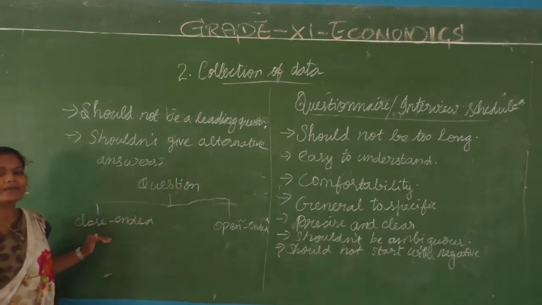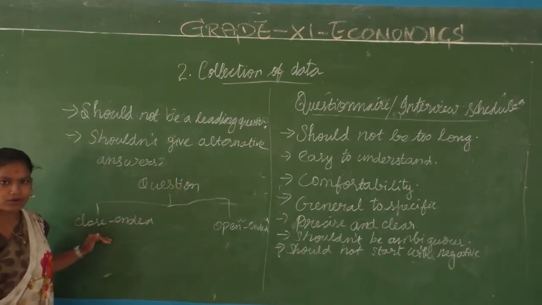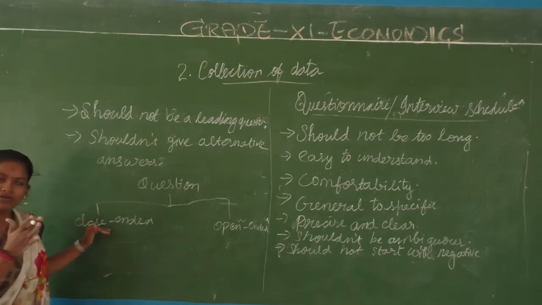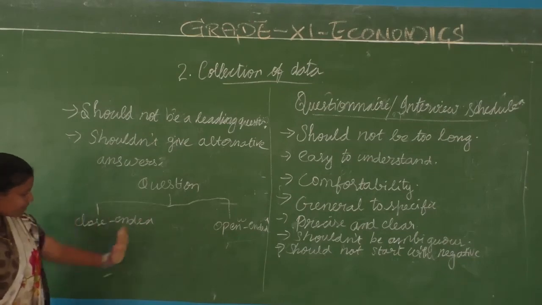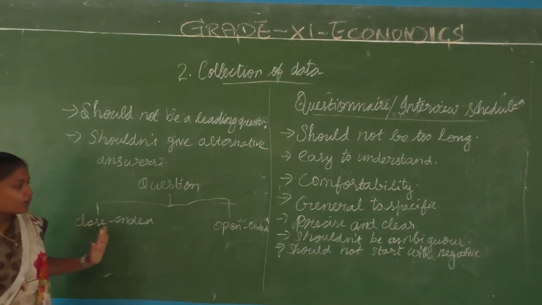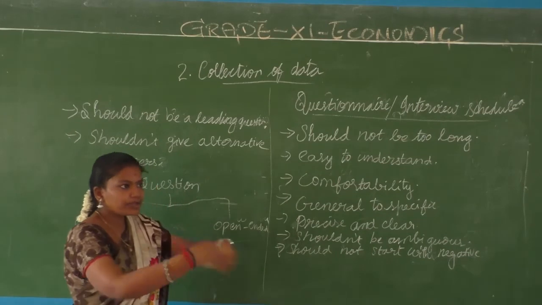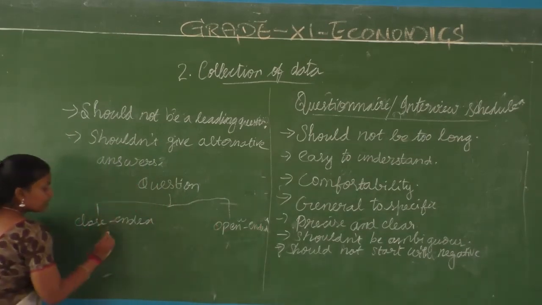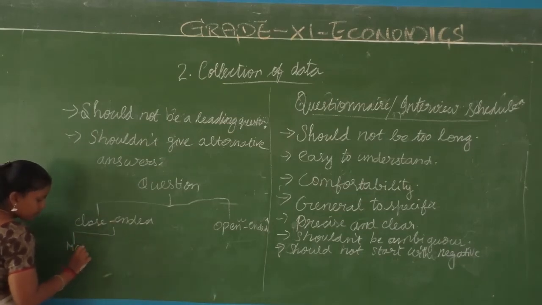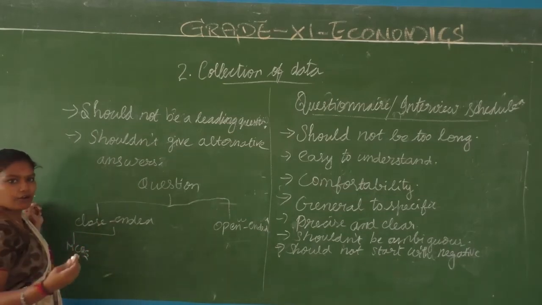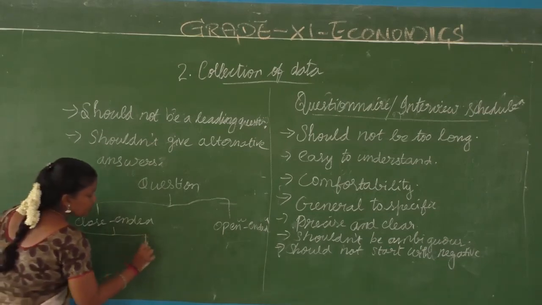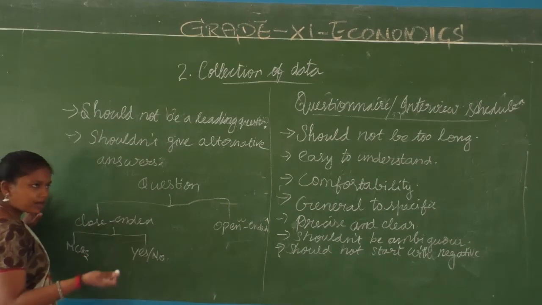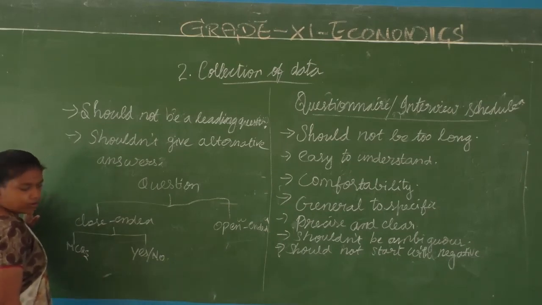But would you like to become a doctor after your studies? It's a close-ended question because the options are only yes or no. When the options are limited, it is closed-ended. When there are no options, it's given to your personal space, then they are called open-ended questions. In closed-ended, you have MCQs, that is like 4 options or 5 options out of which you choose, or only yes or no type of questions. Do you like to be a doctor? Yes or no?